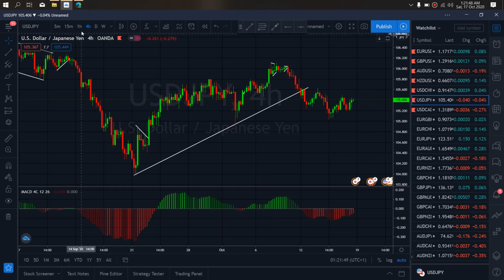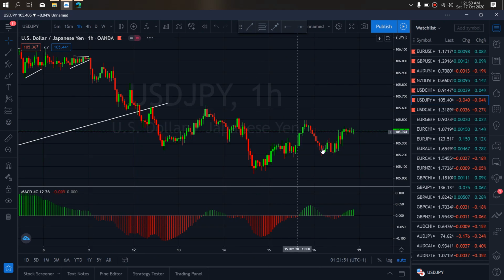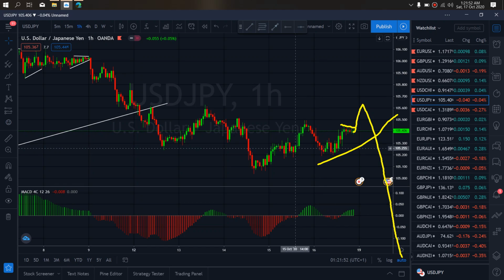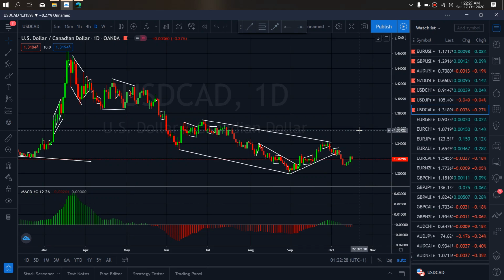So we want to watch out for that sell setup on dollar yen. At present, this is a small buy for this final leg of this climb before the drop. So we want to watch out for that sell on dollar yen this week. On dollar CAD for this week, dollar CAD at present gave this climb last week,